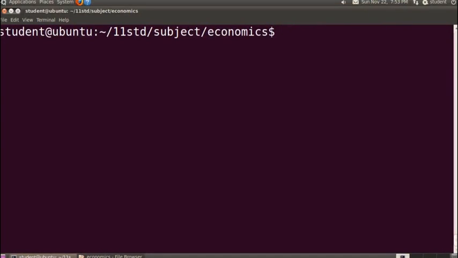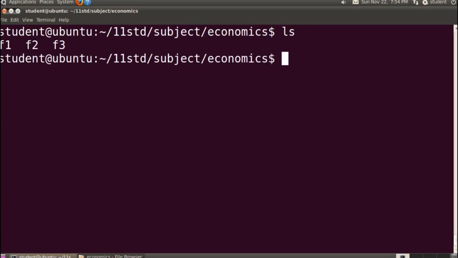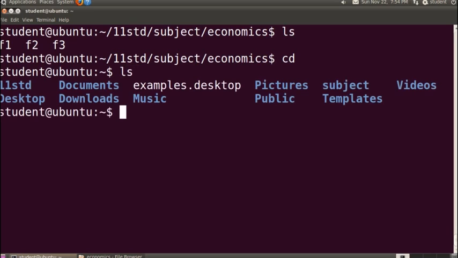Now according to the textbook, I have to teach you ls command. I have already previously taught you ls command. It is list command which will list the items lying in the folder. Right? Fine. Now here there are only 3 files, so it is showing me 3 files, but I go to the home directory. To go to the home directory, I have to type cd command. I am in the home directory. Now here if I type ls command, you can see that number of files and folders are displayed. The folders are displayed in blue color, light blue color in bold, while files are displayed in normal font in white color. Now there are so many options with ls.